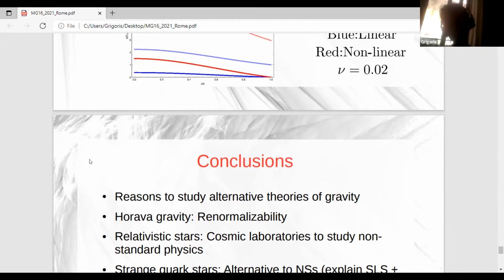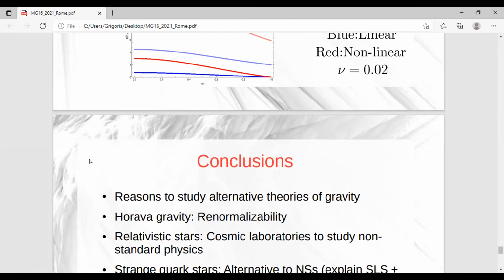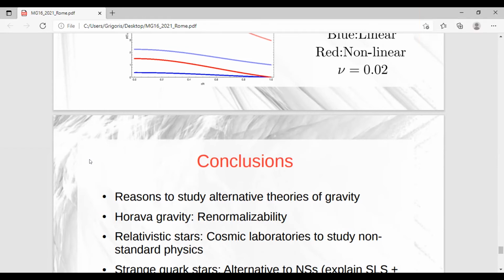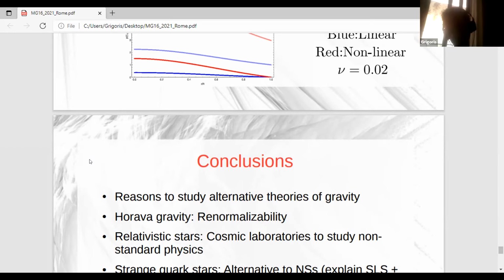To study spherically symmetric, electrically neutral spherical objects, when you write down the structure equations, the only parameter that counts is this. It is a single parameter. I'm almost sure that C4 and all the rest can be computed, are given in terms of nu. So if you know nu, you know all the others.